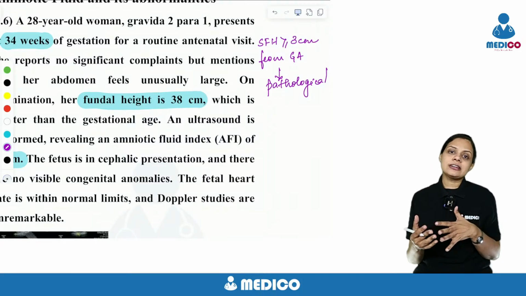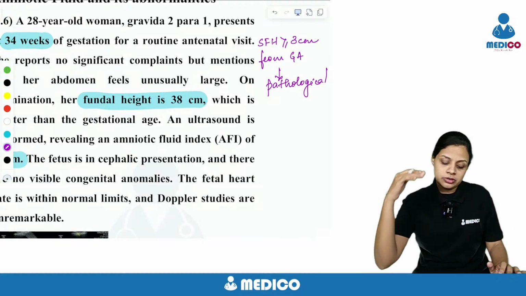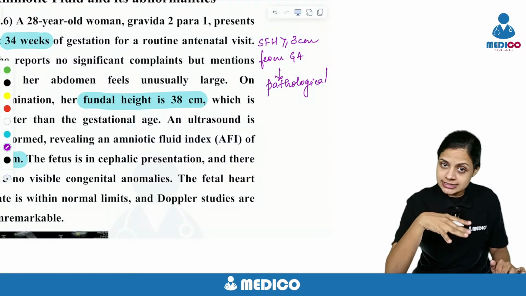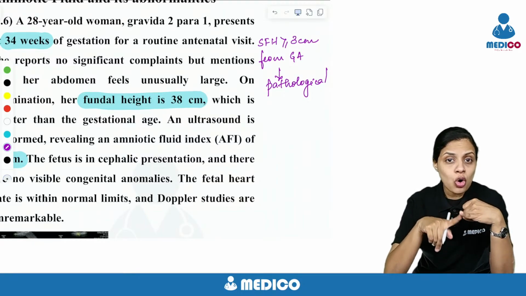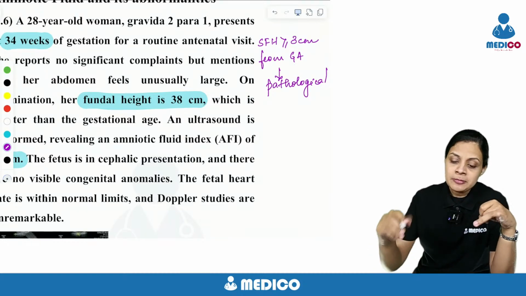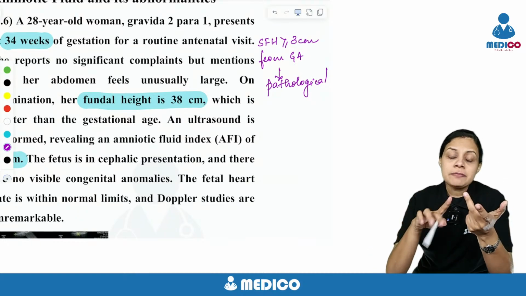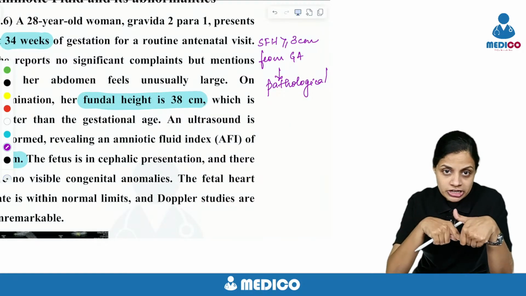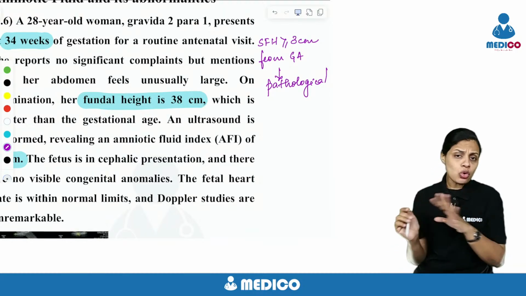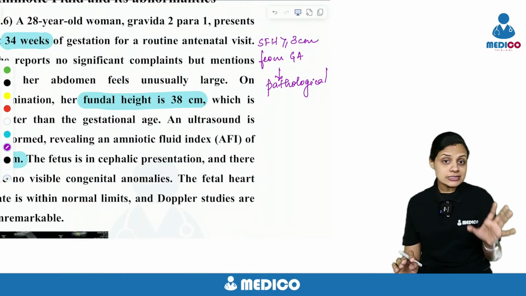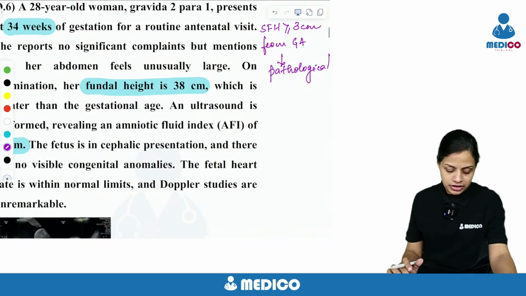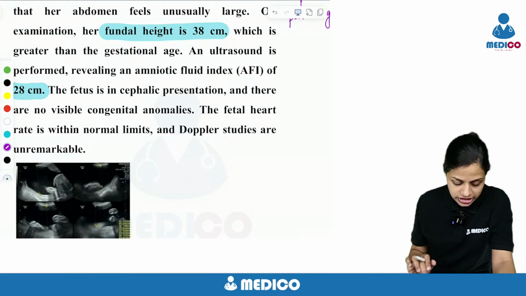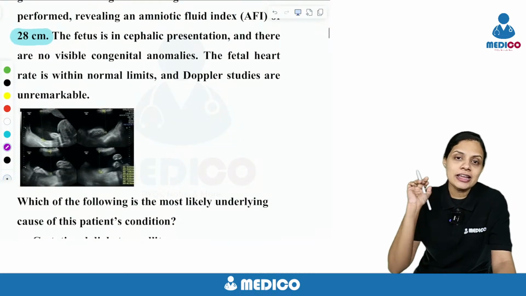What are the causes for larger symphysiofundal height? Whether it is a larger symphysiofundal height or a lesser, the first thing that you have to remember is wrong dates. She may have given wrong dates. Then, if it is a larger one, there may be a full bladder, it may be a multiple pregnancy, there can be polyhydramnios, it may be macrosomia. You know all this, right? So there are so many reasons for a larger symphysiofundal height. Here you have got this difference, and the ultrasound is already given. They've given the AFI as 28 centimeters.